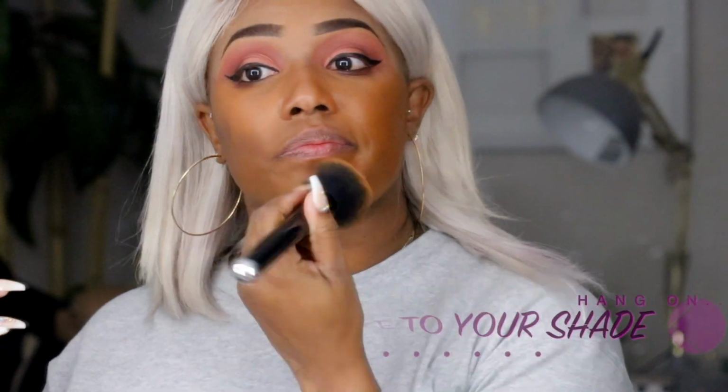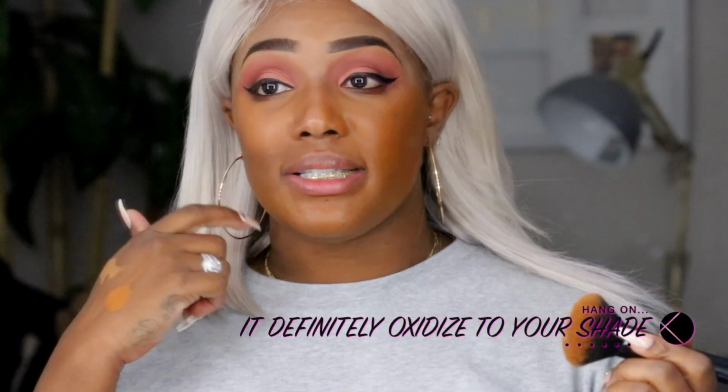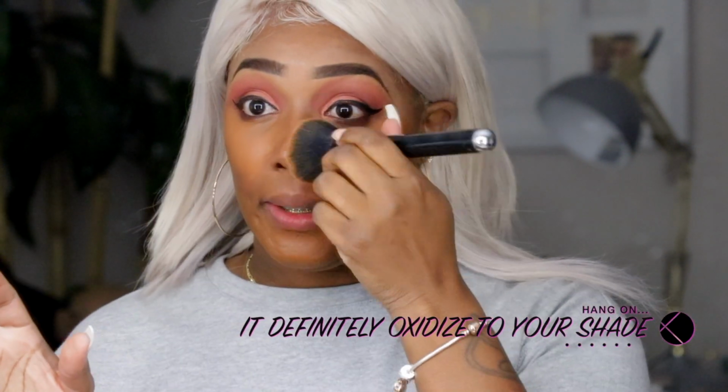I think they actually make a color a little bit darker than this now. I actually picked it up because I thought it would be good for my sister. But of course, you guys know I tried to use it as well. When you first apply it, I feel like it does give you that orange look. But this is the best foundation I use that I can,